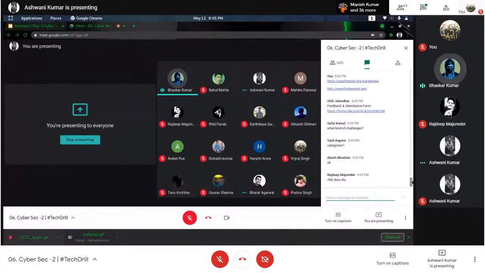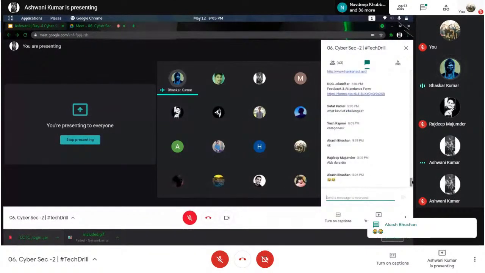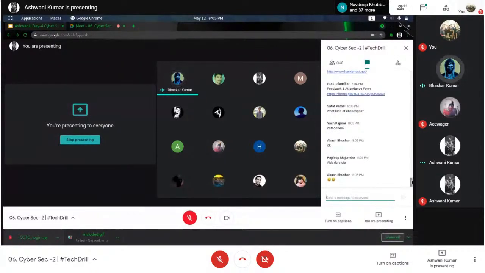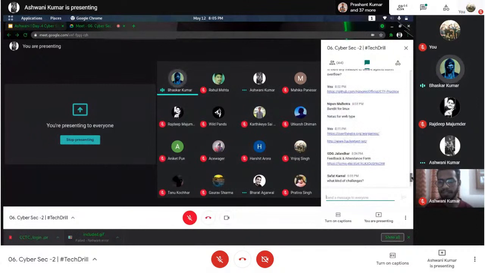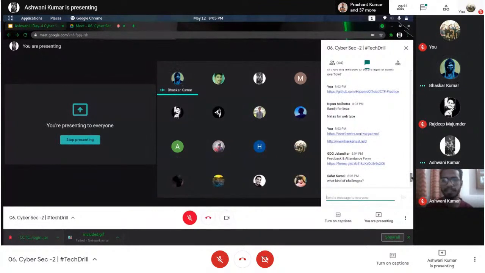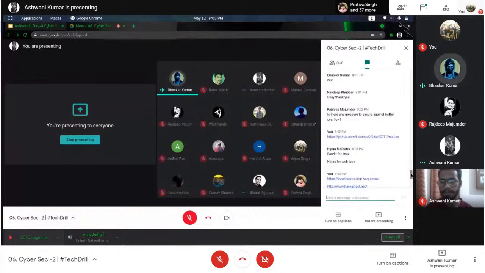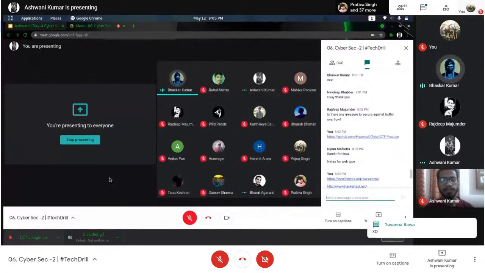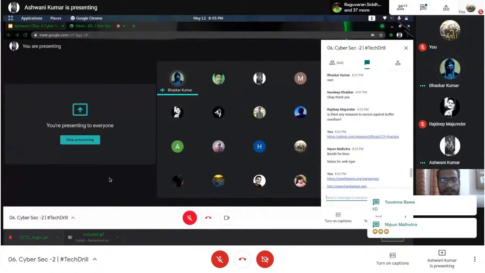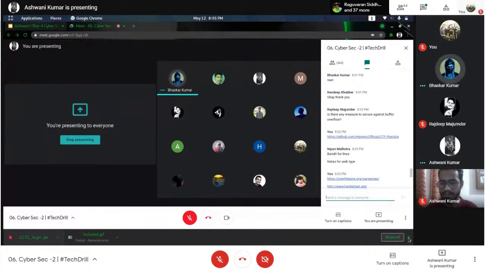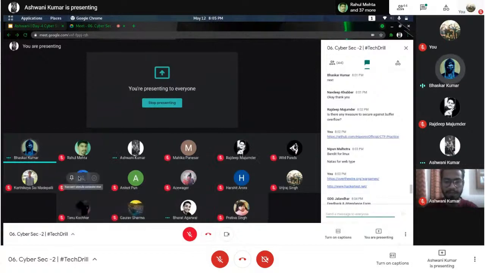And guys, earlier I have seen 1 or 2 questions on buffer overflow from Navdeep as well. So I know Ashwini was way too technical. Let me give a non-technical example for it. So buffer is temporary, right? Just imagine you are going in a bus from city A to city B, and in that bus there are seats and one seat is allocated to one person.